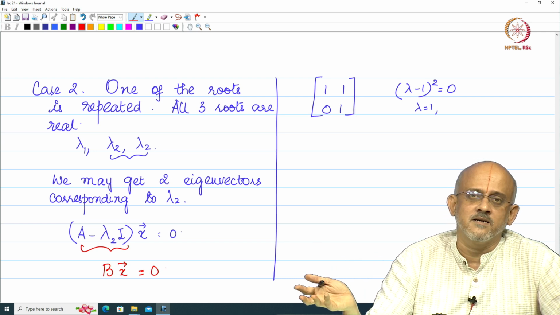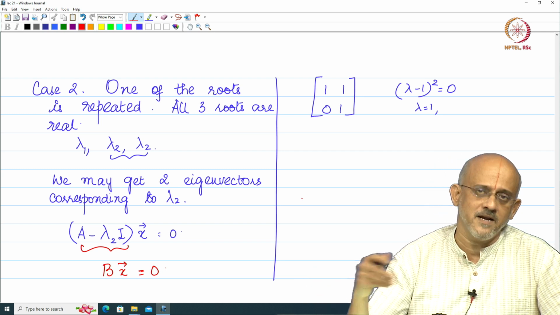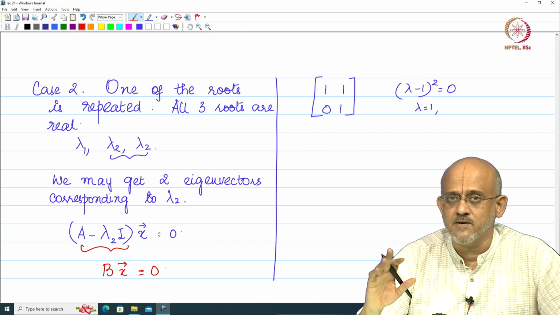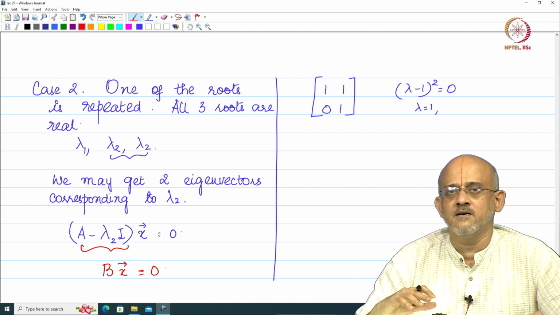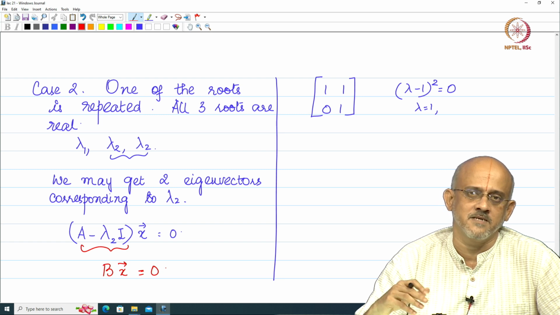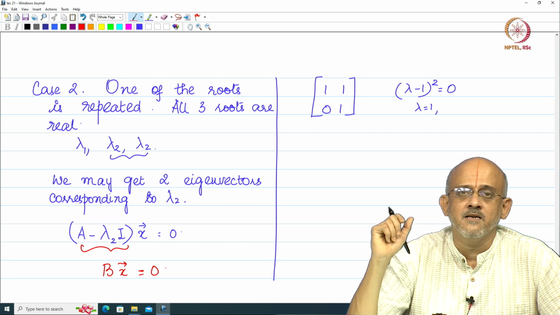is exactly where we look at what is called algebraic multiplicity and geometric multiplicity and so on. We will define all that at a later stage, but we will understand that when you have repeated roots for a 3 by 3 transformation or a linear map that you have, you can have a sufficient number of eigenvectors,